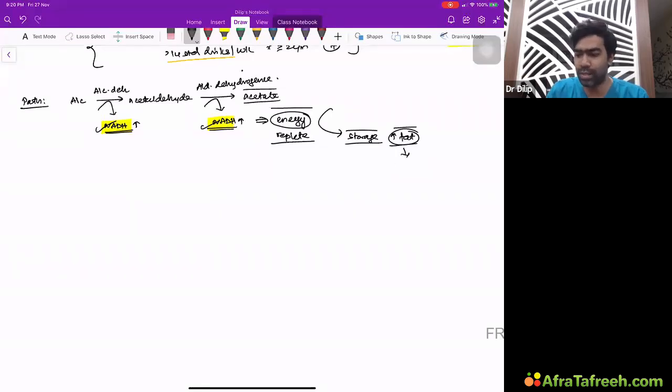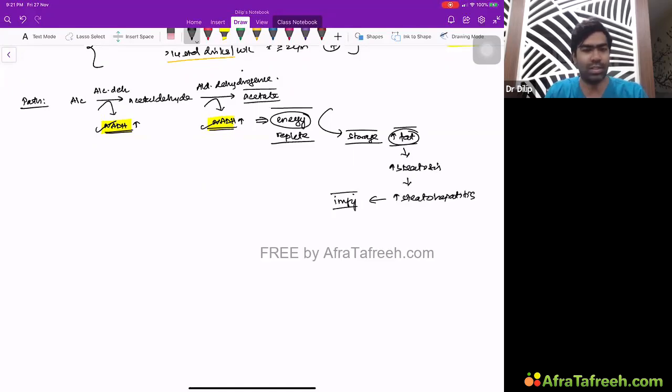So more fat means steatosis will be there, and over a period of time, this steatosis is going to produce inflammation and attract inflammatory cells through a different process called steatohepatitis. And later on, there will be significant injury to the liver cell, and this will continue until the patient gets cirrhosis. This is what is going to be the pathophysiology.